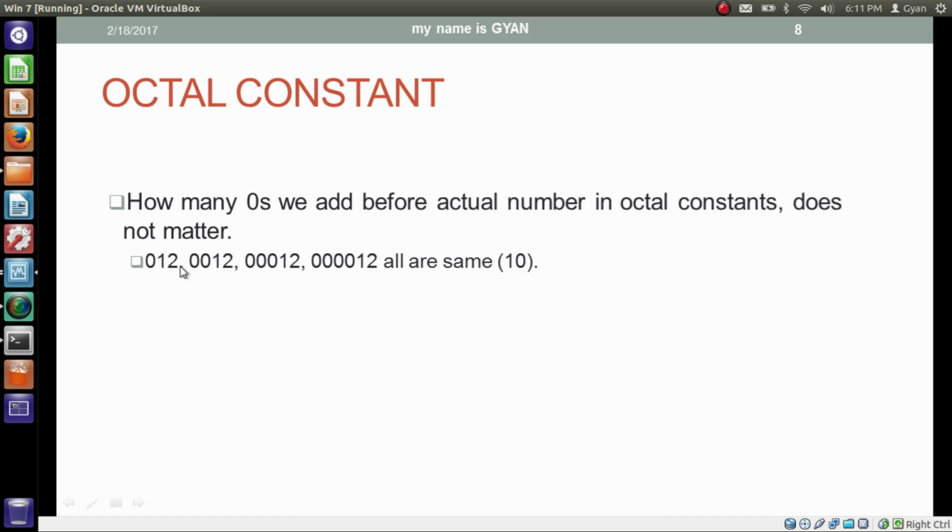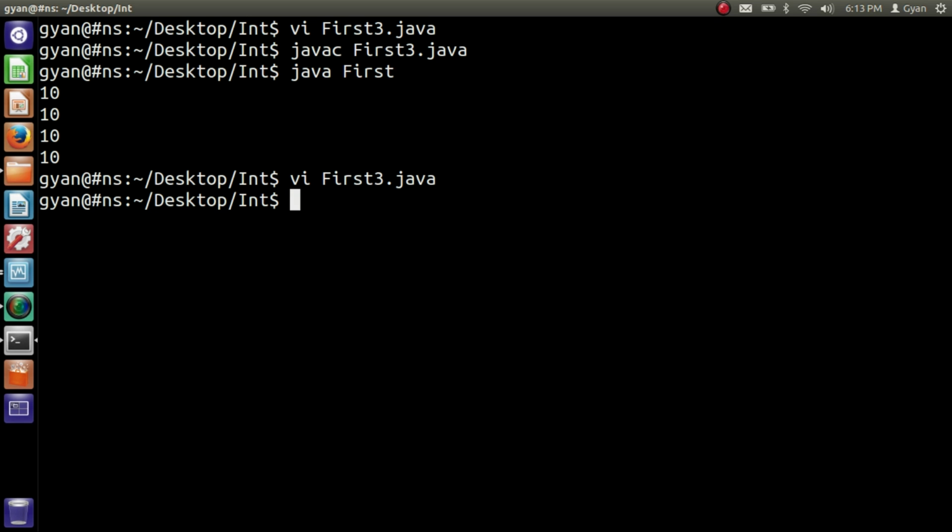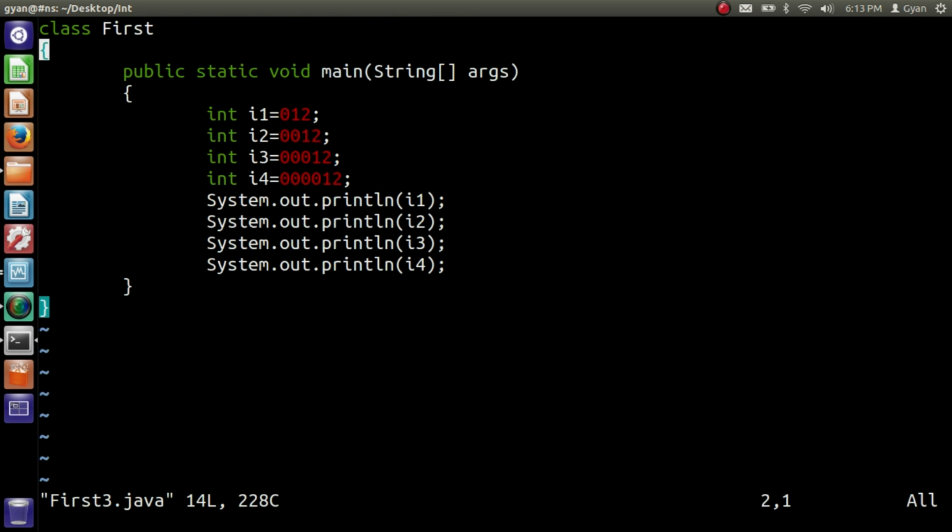With octal we cannot use digits 8 or 9. Otherwise we will get a compile time error. Means we cannot write 018 or 019. Let us try writing 8 or 9 in the octal integral constant. Open the same Java program, first3.java, and write 18 instead of 12.